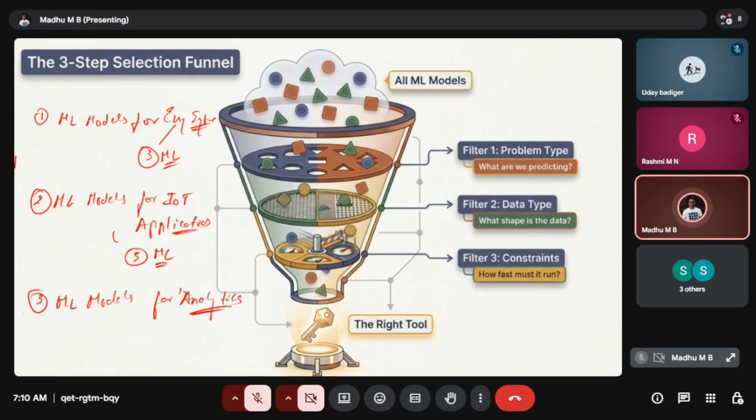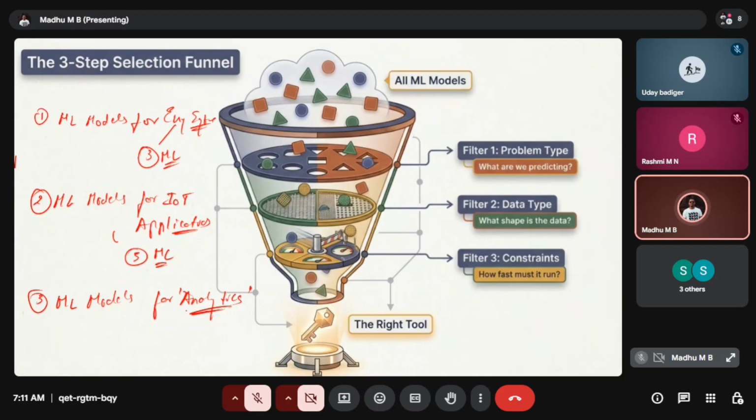This analytics is very critical, because if you choose any data set or any field, it is not only related to IoT or energy management systems. In any field, analytics plays a critical role. So for that reason, we'll start with the analytics part.